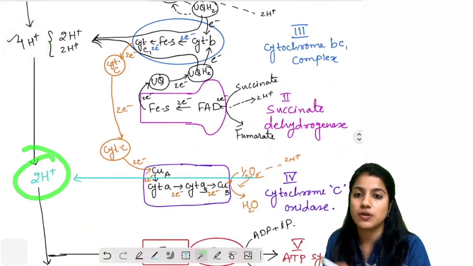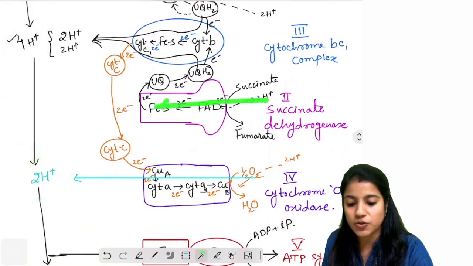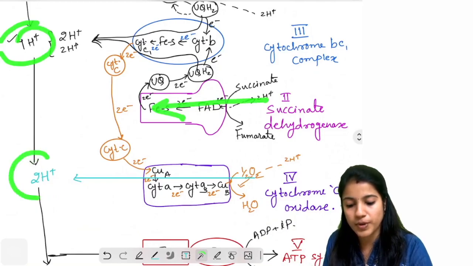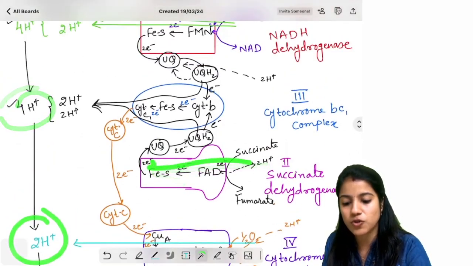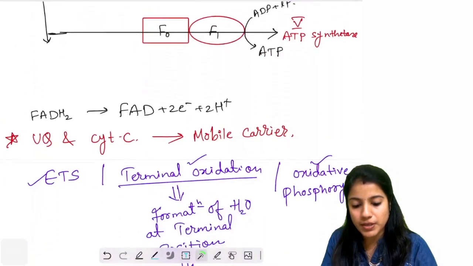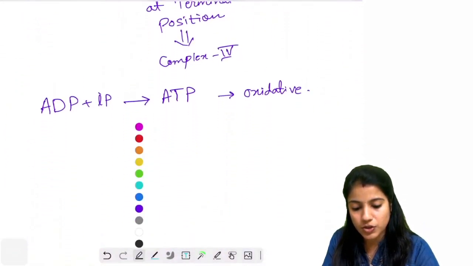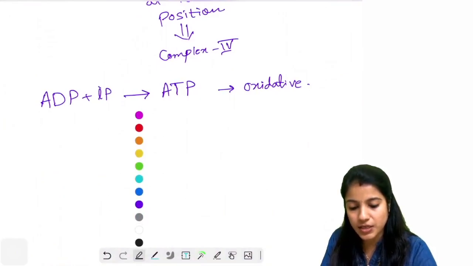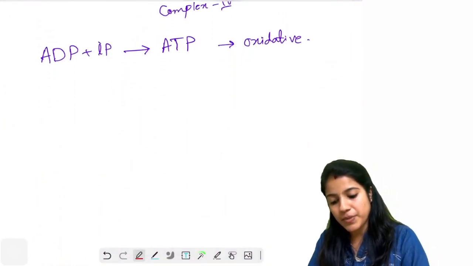Total 10 protons got transported. FADH2 came from here. We got 4 plus 2. That means for FADH2, complex 1 is skipped. So FADH2 pumped 6 protons. So this results into, right? That means